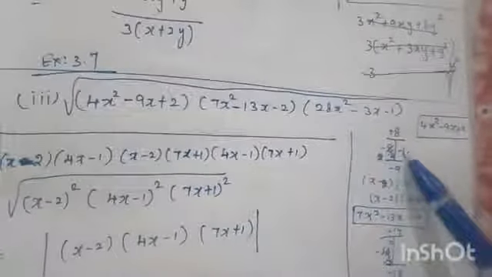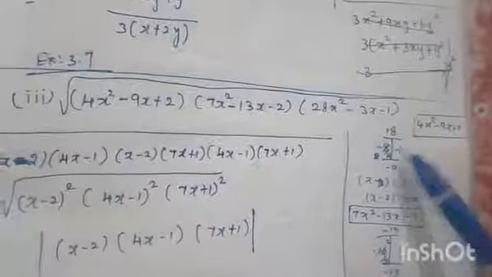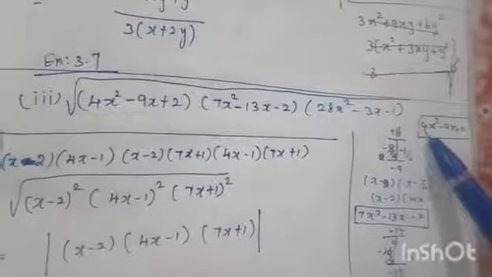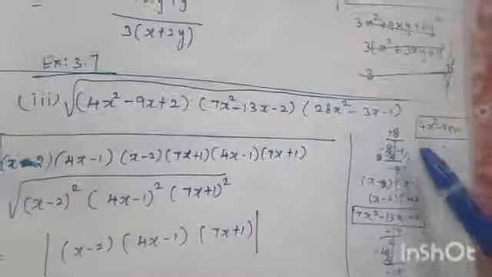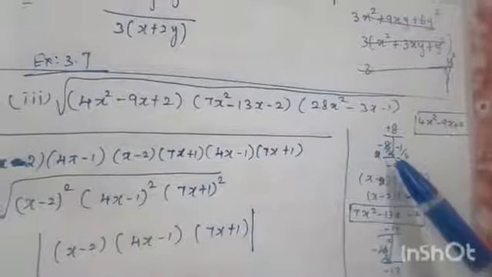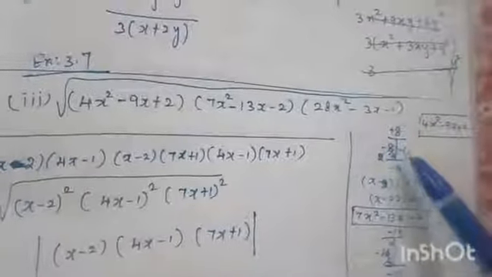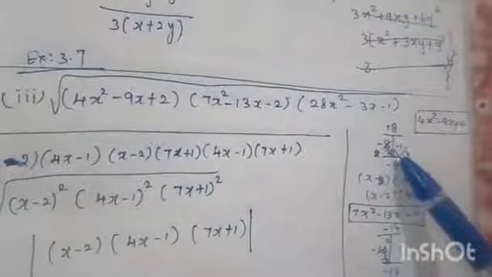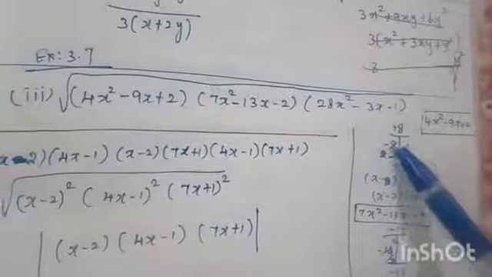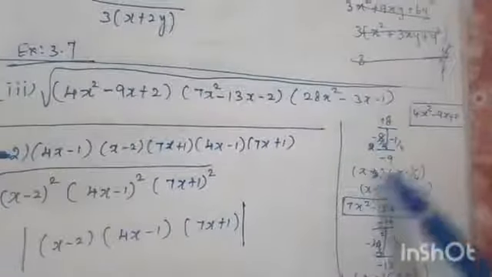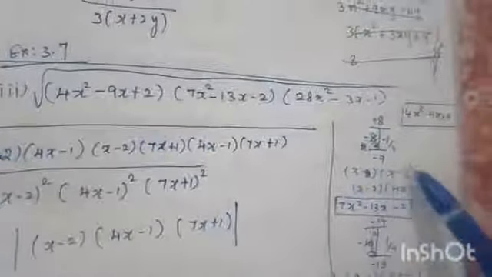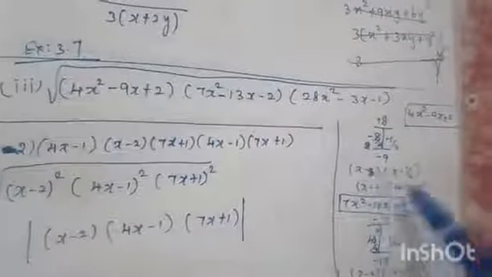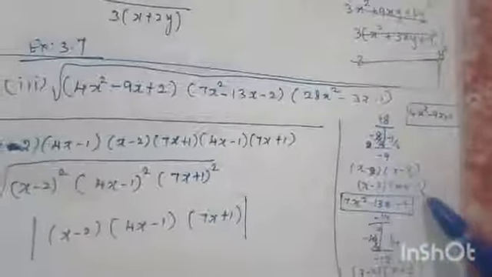So −8 and −1. In the beginning we multiplied with 4, so after finding the factors we divide by 4. That is −8/4 and −1/4. Cancelling is possible, so you have to cancel: 1 four is 4, 2 fours are 8. So it is (x − 2)(x − 1/4), that is (x − 2)(4x − 1).